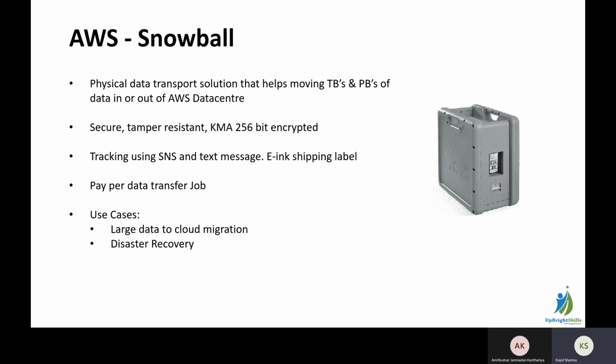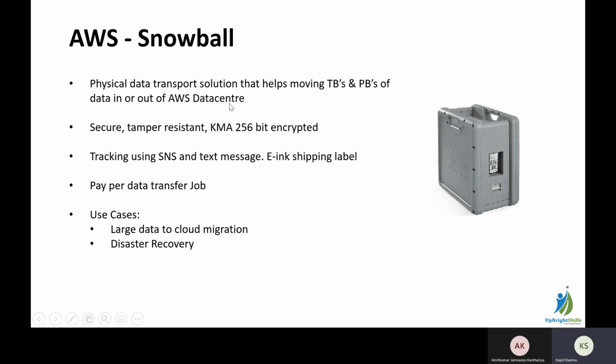In AWS, there is one service called AWS Snowball. Snowball is nothing but a physical device that can be used whenever you want to transfer a huge amount of data from on-premises to AWS data center, right? This is the kind of device which you get generally when you raise a request for AWS Snowball. You will get this device at your own premises. You can connect it in your local data centers and transfer the data. Once it is copied, you can ship it back to AWS. Your data will then be copied to Amazon S3 storage.